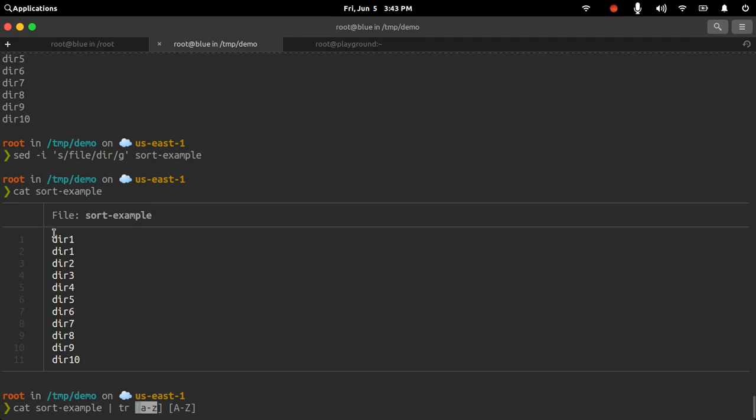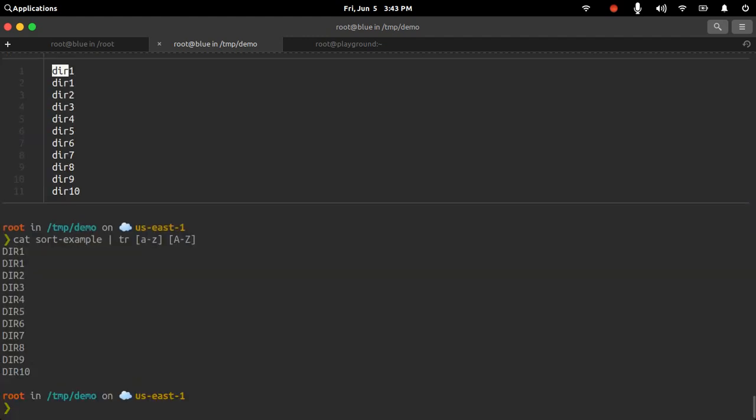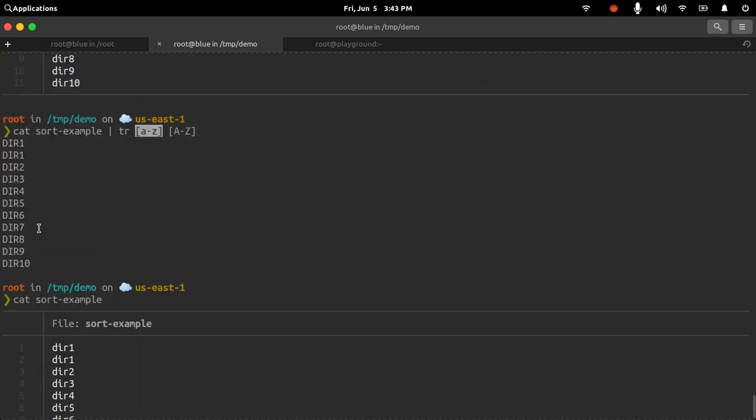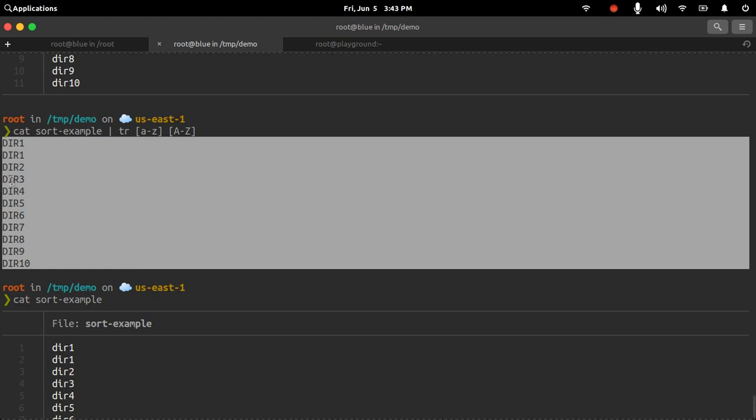So if you see here, on every line we have dir, which is in small letters. So everything will get matched here and it will be capitalized. So this does the translation. tr is basically used for translating, and what it is doing is looking for any string that is in lowercase and translating it to uppercase. So the changes will not be persistent, it will not be stored in the file by default. You will only get your changes on the screen directly.